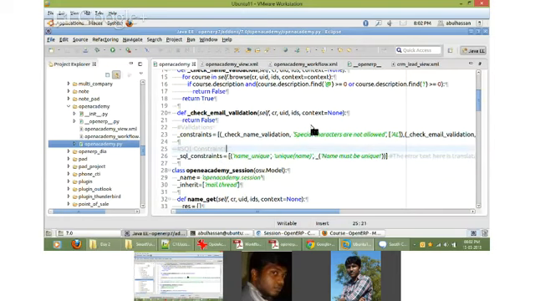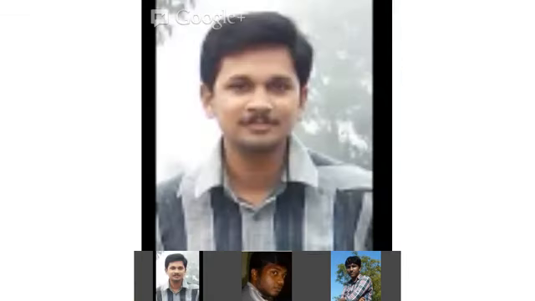I have one doubt. For which field are you saying the validation is? That is entirely dependent on your code. Yeah, I am checking the code for the description field.